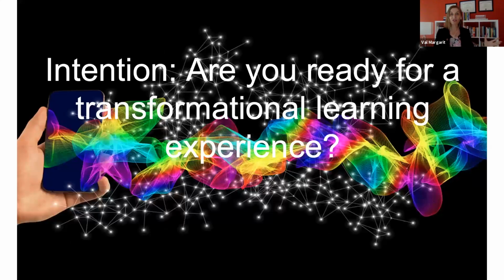So we have an intention for today. Yes? Are you ready for a transformational learning experience? Excellent. Because without an intention, yes, we may not be focused on what it is we want to accomplish. When we do have an intention, we are training the brain to focus on what we want to accomplish. So for today, transformational learning experience, you are here today to really stay open and to learn. Yes, to learn and to improve your teaching practices, perhaps your leadership practices, and really your own self overall.